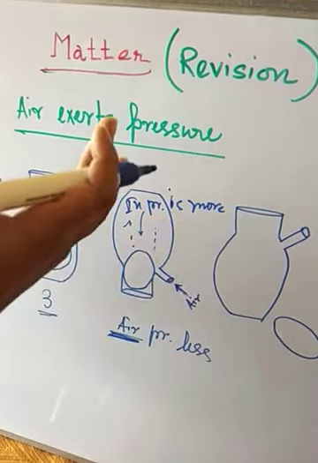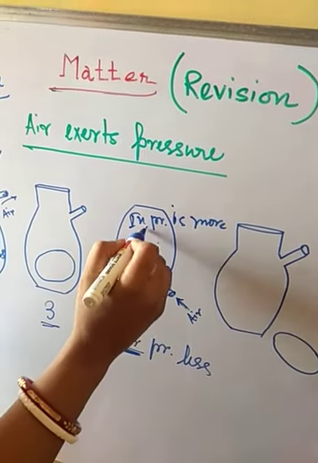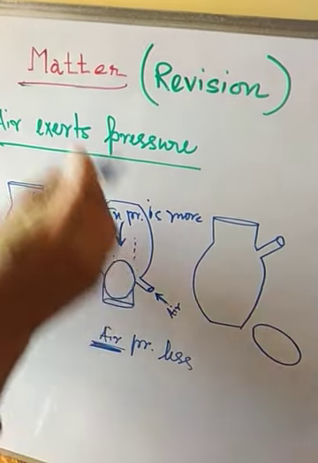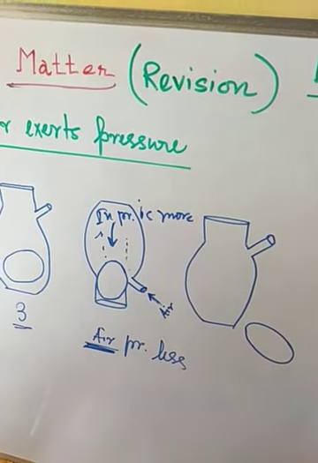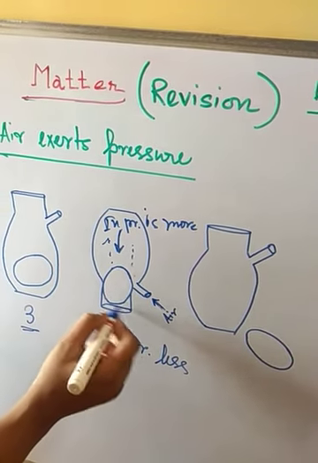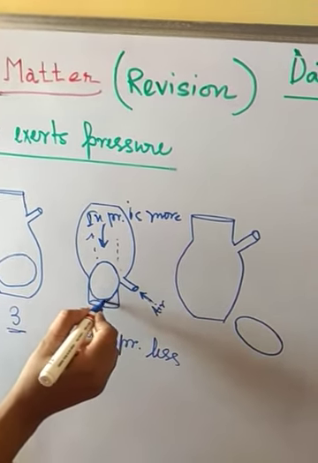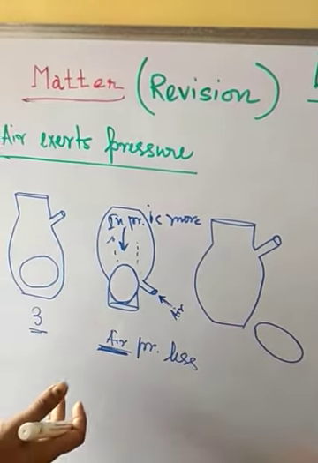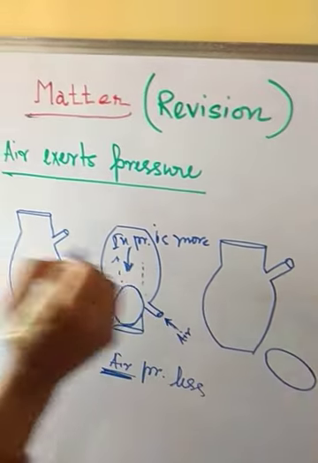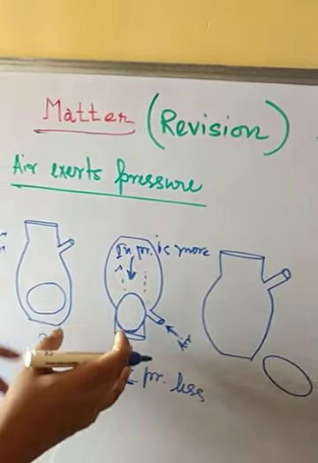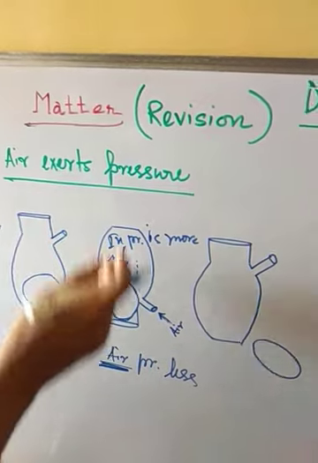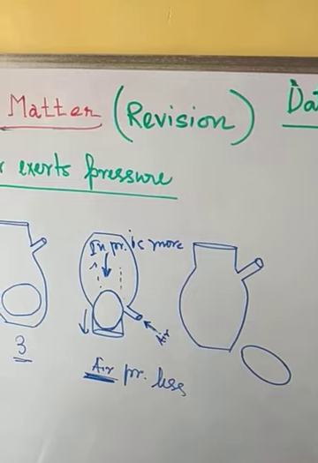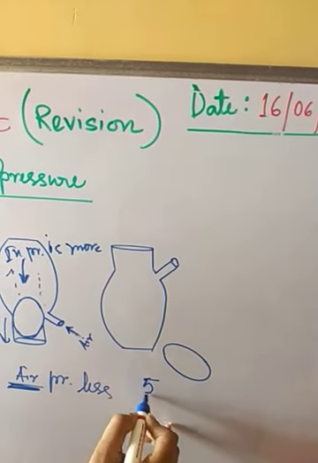Okay, so at this stage, the air inside of the bottle will exert some pressure on the egg, and forcefully the egg will come out from the bottle. Though you can see the mouth is narrower than the volume of the egg, so easily it cannot come out. But as pressure is acting on the egg, as force is acting on the egg, forcefully it will come out from the narrow mouth of the bottle, which we can see in this fifth figure.